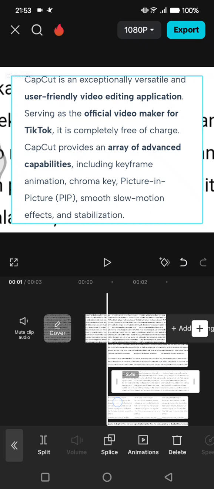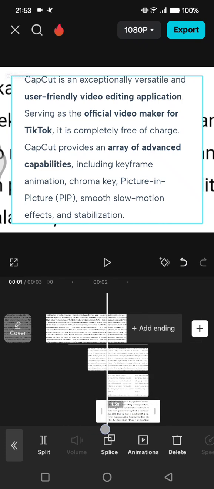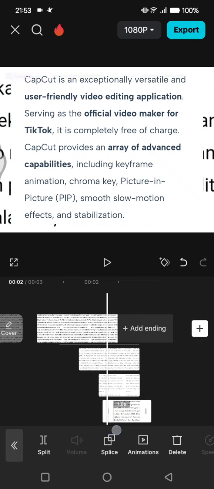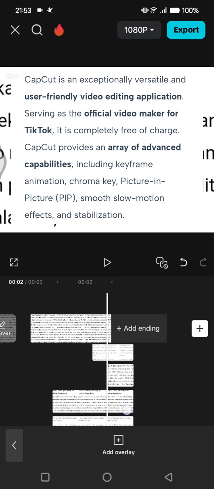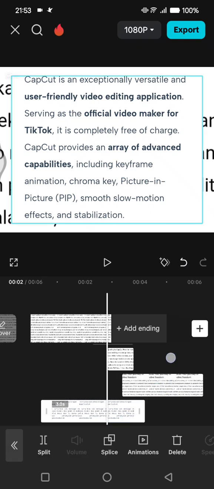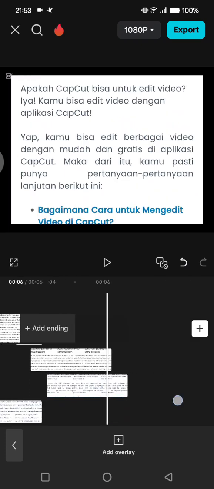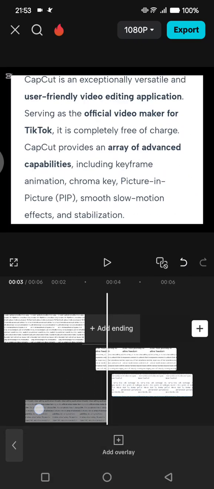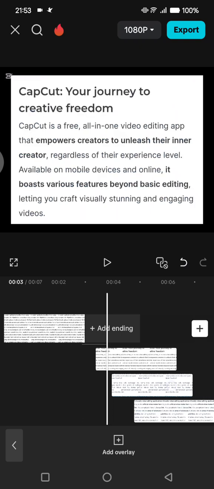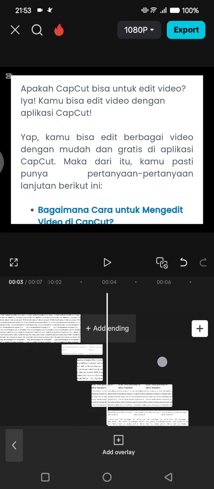Okay, I'm going to go like this. So adjust it like this so that there are intervals in between the screenshots. Okay, after you put each of the screenshots like this,